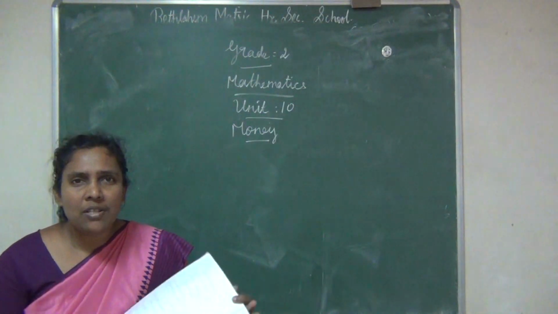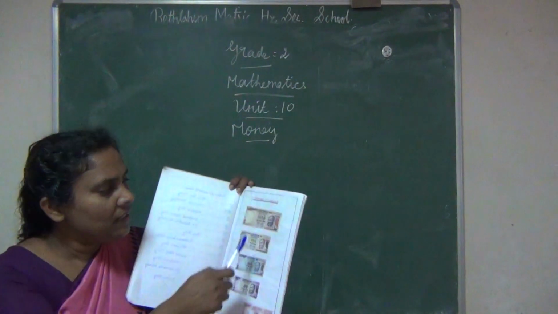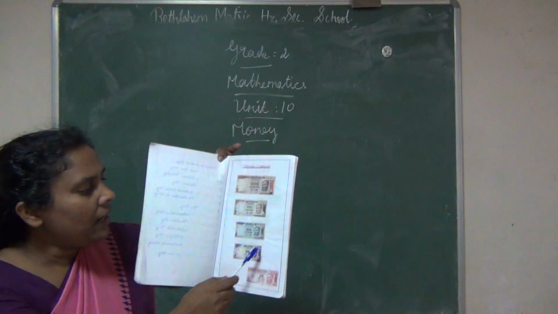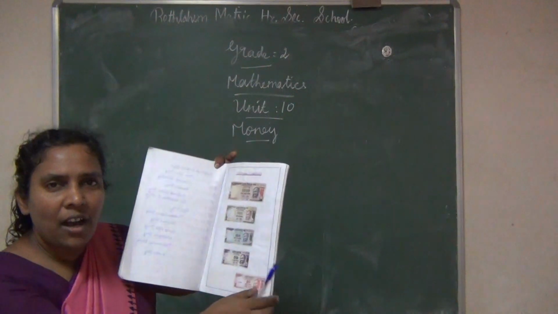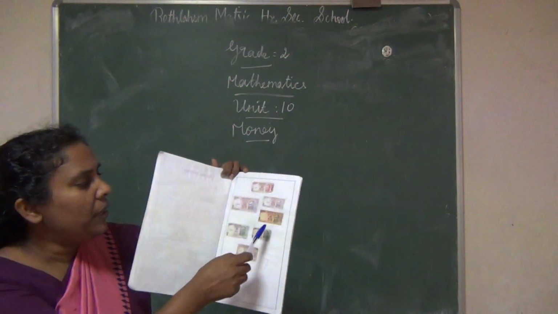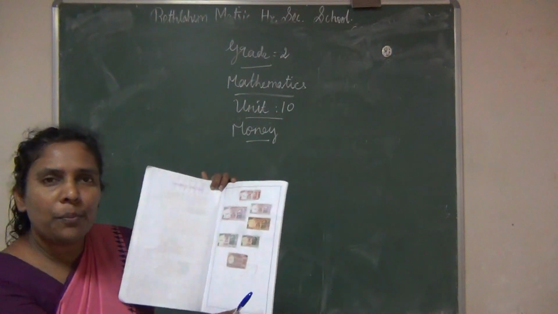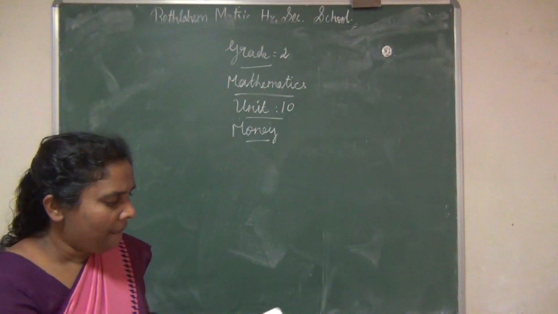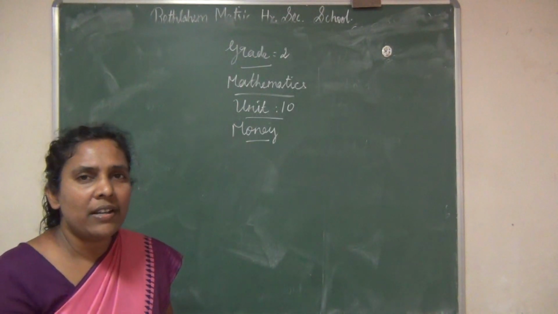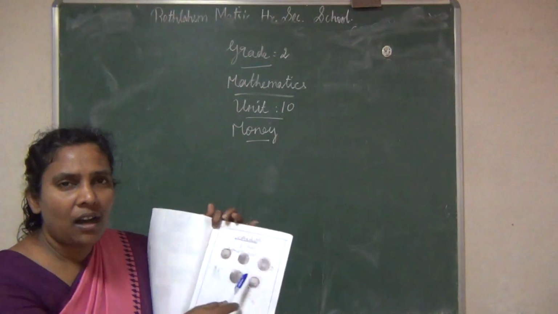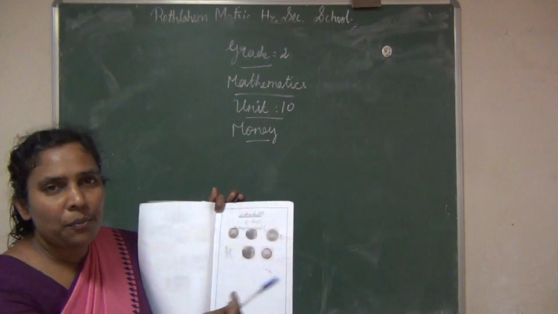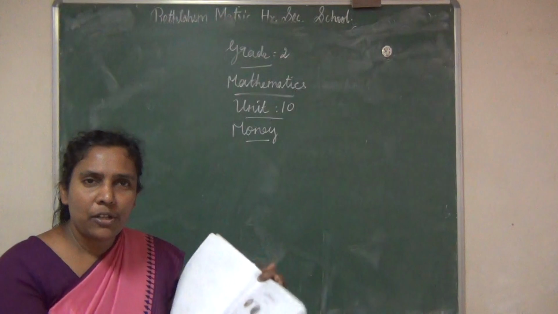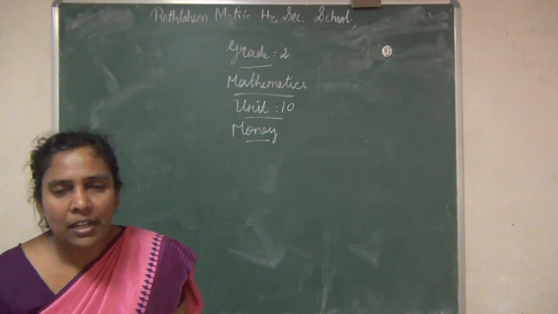Have you seen the rupee notes? See, what is this? This is a 1000 rupee note. This is 500, this is 100, 50, 20. Then 10 rupee note, 5 rupee notes, 2 rupee notes. Have you seen coins? Yes, we saw the 1 rupee coin, 50 pice coin, then 2 rupee coin, 10 rupee coin, etc. So the rupees and pies are denoted as money. Do you understand now?